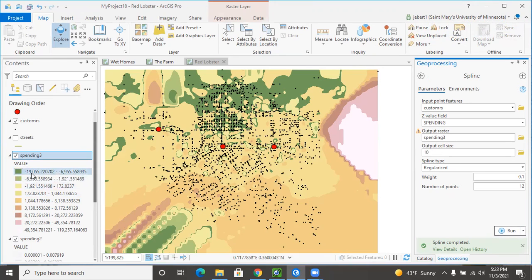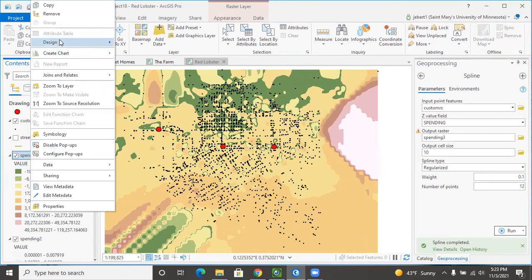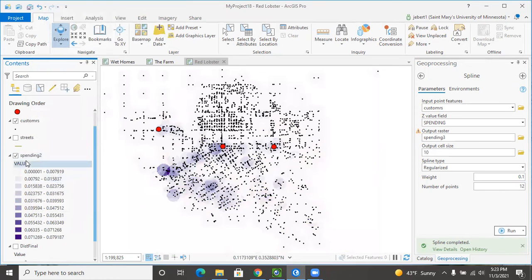This is actually a good learning opportunity as well to say where we go beyond our points. We don't have any points way out in these far reaches, and so we have these deep dark pockets. It's sort of trailing off information and trying to predict. Maybe an IDW here would be better to give more weight to the points themselves, or we could set our parameters more or less to the customer limit as well. But clearly, I just wanted to try that for an idea, but probably not too representative of what we'd want here in this case. So we're going to remove that, and we'll use our point density, knowing that